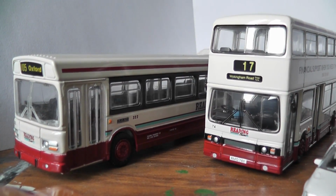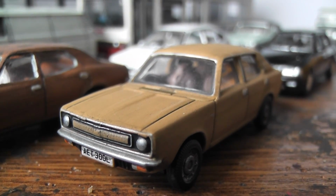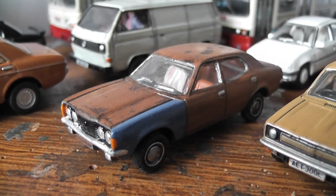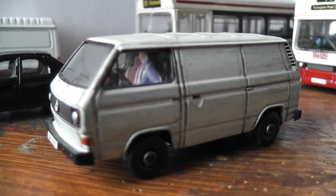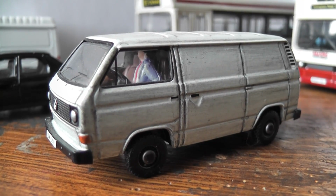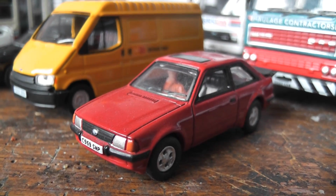So I'll be going through various things, starting off with relatively simple stuff like just generally weathering the cars, right up to more serious stuff like repainting various panels and adding figures and various other bits and pieces that we'll get onto later. So you can see there's a whole range of road vehicles in front of you,